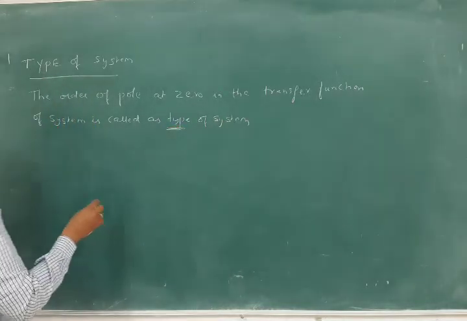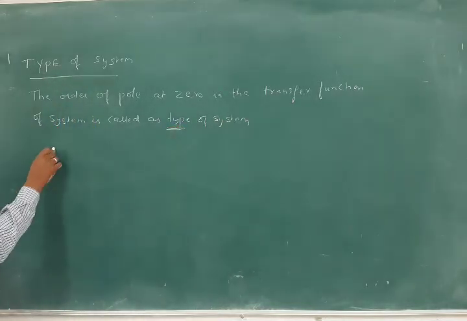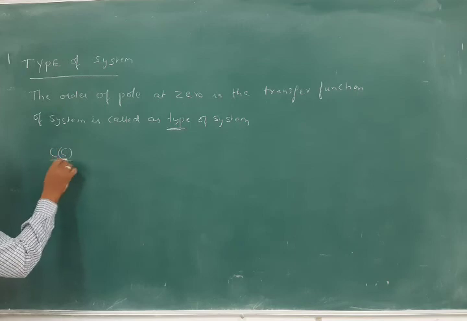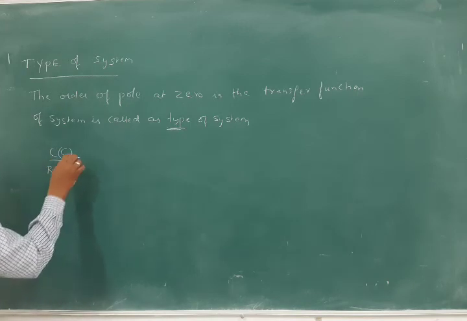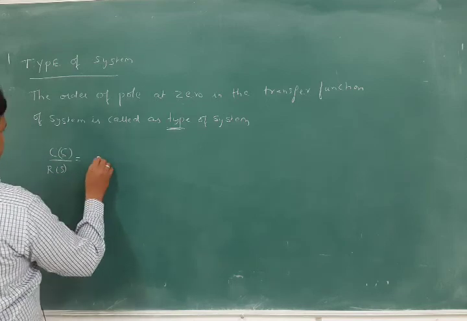So what is the type of system? Suppose you have a transfer function C of s by R of s is equal to